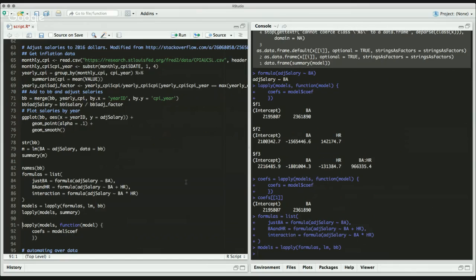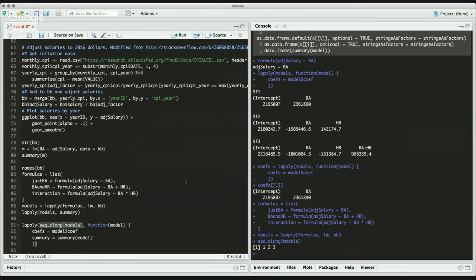Now, I'll apply over our models. Let's get coefs. We'll get summary tables equals summary of model. Here's one useful trick, Evan. If we do sequence along models, the sequence along just gives you a number for each thing in the argument to sequence along. So here we have 3 models, so this just gives us 1, 2, 3. Doesn't seem that useful, but wait. Then what we do is we call models, and I'm going to change this model to i. Now each time we go through another loop in here, instead of going through each item in models, we're going to go through 1, 2, 3, but then we can get each item in models using this. And the advantage of that is that we can get the names of our models